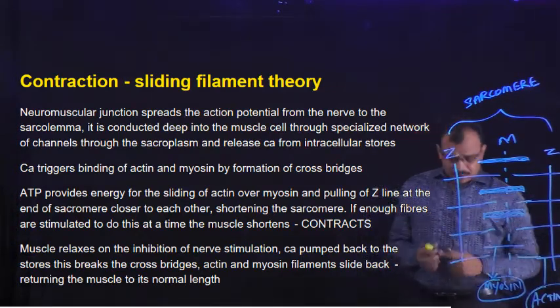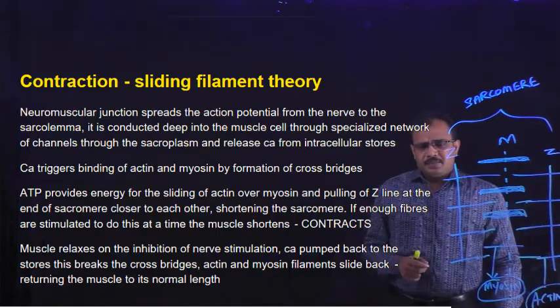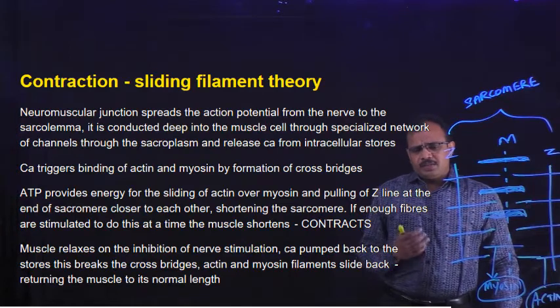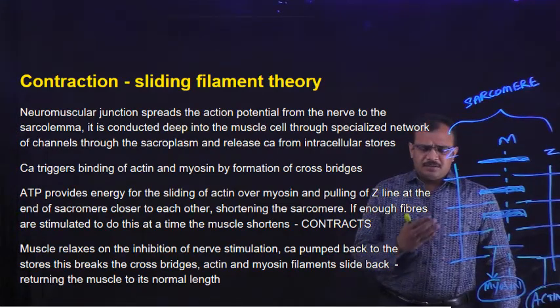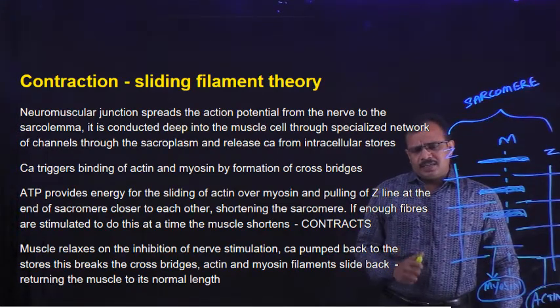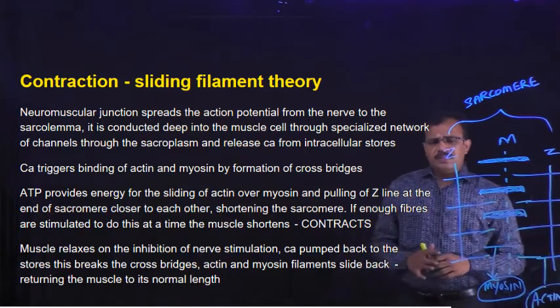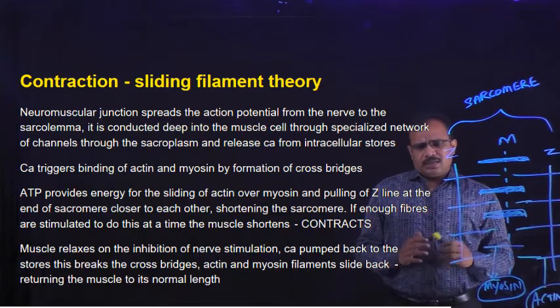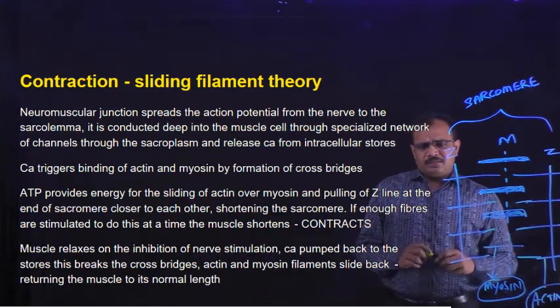And whenever a nerve is stimulated, this stimulation will lead to a release of calcium that is present within the intracellular calcium stores, and this calcium will facilitate the formation of cross bridges on these filaments,